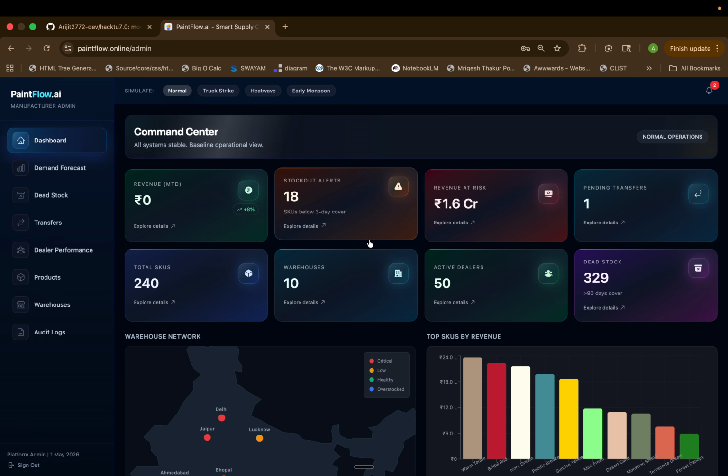So basically the problem was given by a paint manufacturer, Modern Colors, operating from Bathinda. They have a turnover of around 25 to 100 crores. They gave us the problem that they were not able to track which dealers are having stockouts and which dealers are having dead stocks. They need to track that,